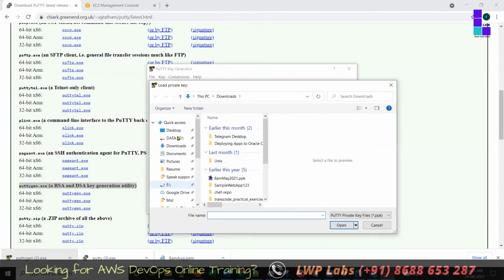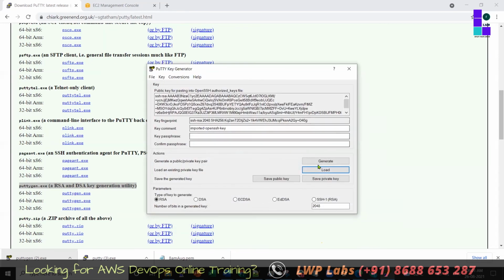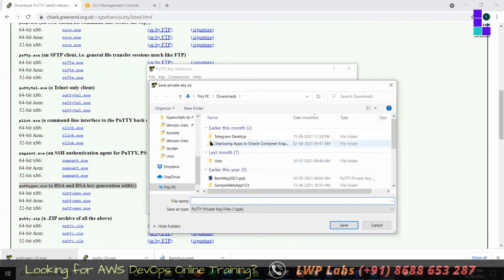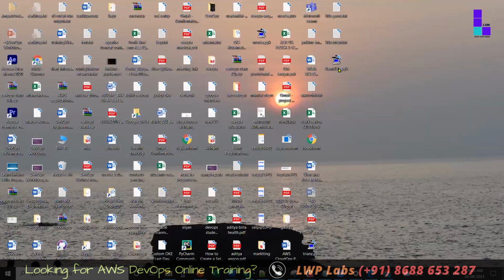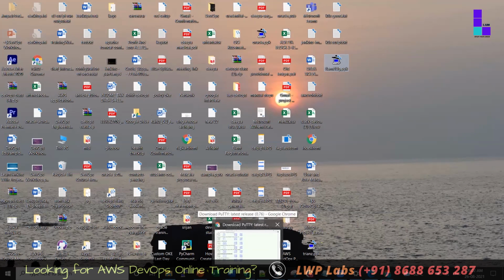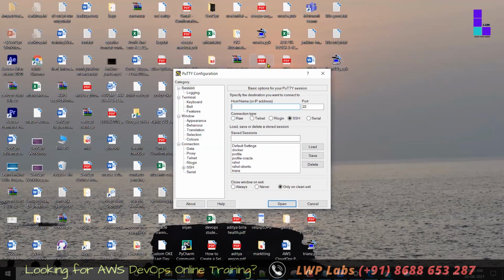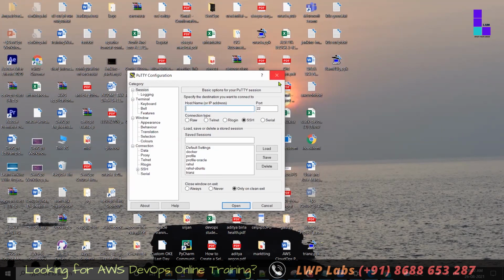Once you load, go to downloads. Here PPK is there. Select all files. Select the PEM file. Once you double click, you will be clicking on save private key. Yes. Once you click on that, click on desktop and type here. Okay, done. Here you see 8 a.m. August. This PPK file should be there for you. Those who have not generated, you can see the video and try to do it. For now, you just watch my screen, guys. Okay, you don't have to do it together. Okay, and check from there.